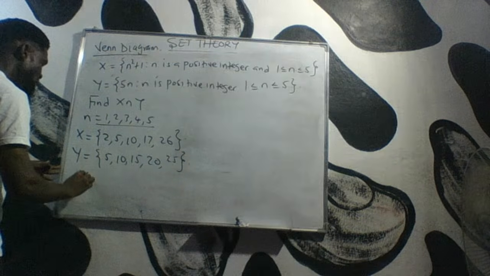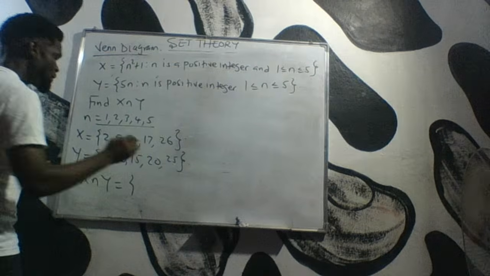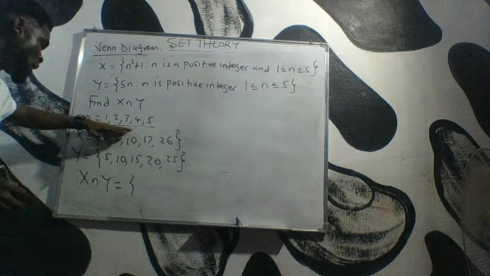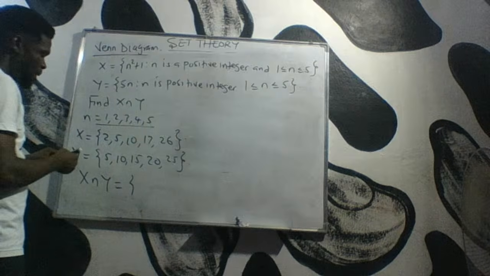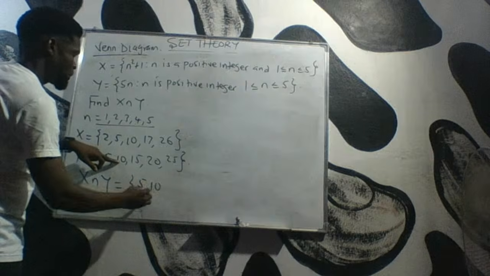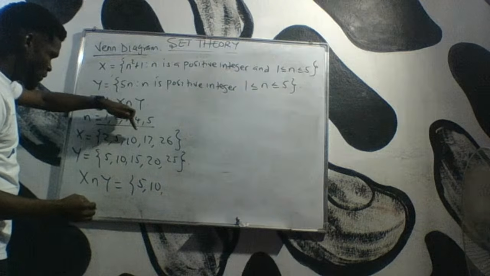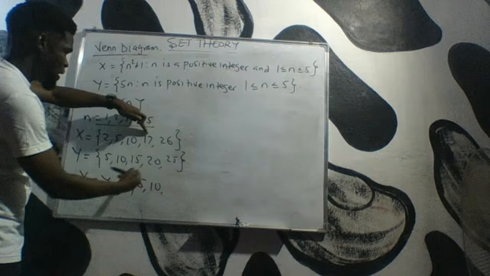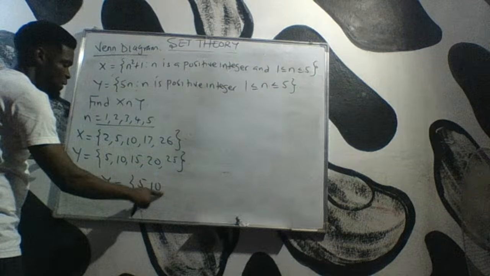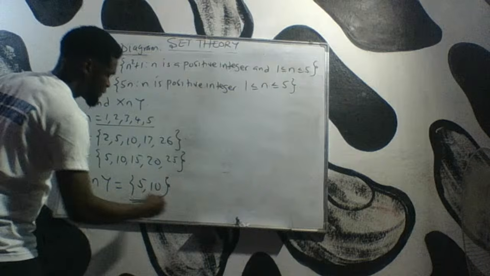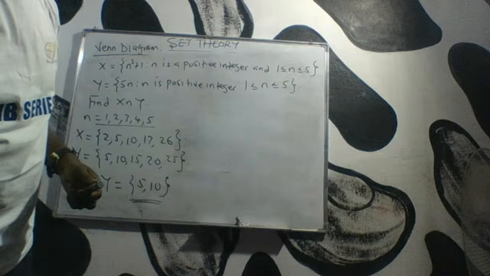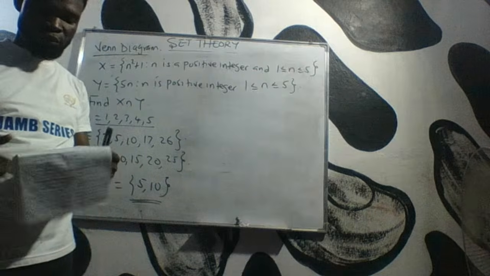Now we're looking for x intersection y. So x intersection y will be the set of elements that are common to both sets, x and y. So 5 is here, 5 is here, I'll pick 5. 10, 10, I'll put 10. What else is common? 17 is not there, 26 is not there, 20 is not there. So the elements of x intersection y are simply 5 and 10. These are the elements that are common to both sets. So that is how to deal with that. And that is option